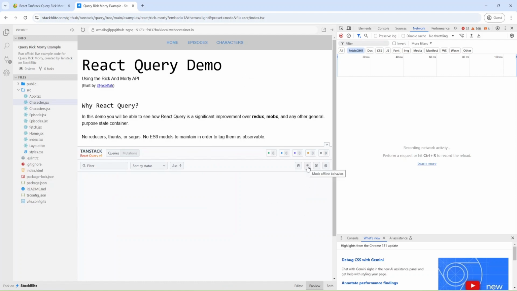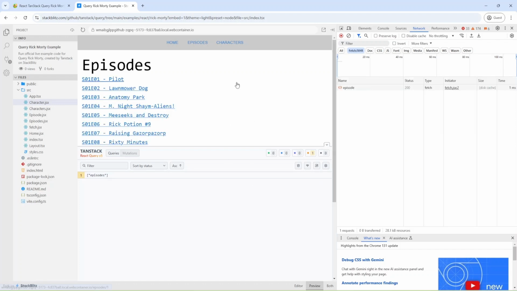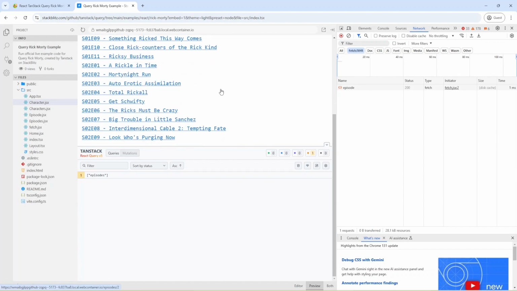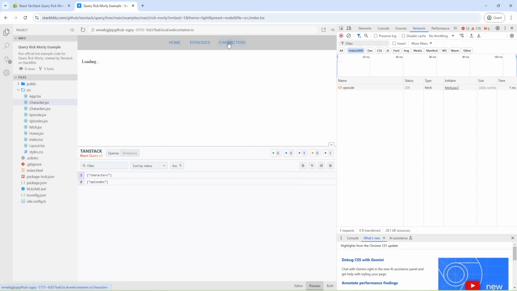I can disable the network connection, and let's see. Now I'm going to go to episodes, and as you can see we have only loading because we don't have any data, and let me restore the connection, and as you can see when I restore the connection we got the data, and now I can close my connection and go to characters,